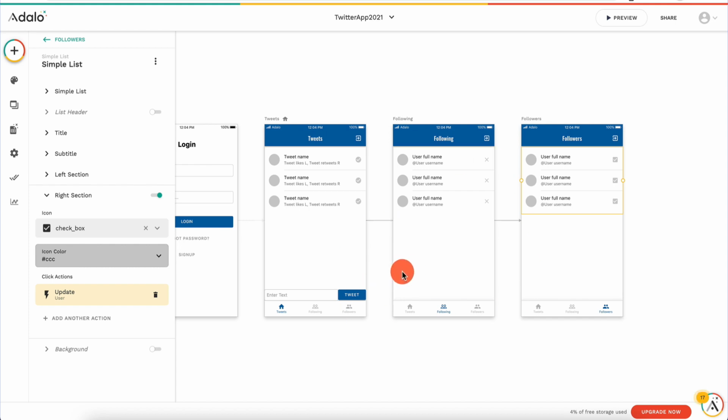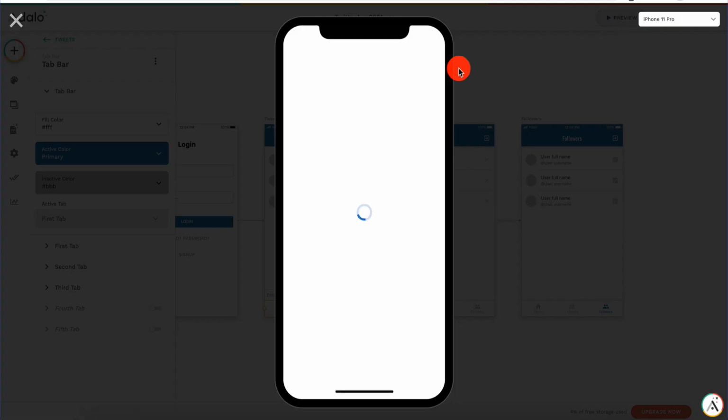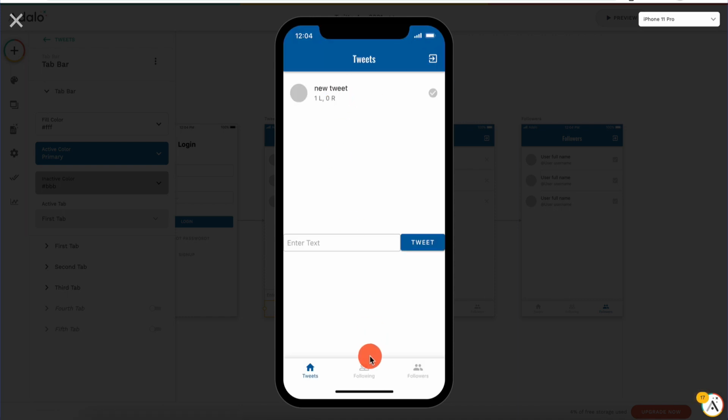We still need to create a bunch of links here. And so let's take a look. Let's just preview the app. Let's see if it's working how we want it to work. We ran the app. We're going to go to following. If I click on Jane, it's deleted. Now I'm not following Jane anymore. I can have a search bar here where I can search for Jane again and follow her back. But for the moment, I delete it. And followers,